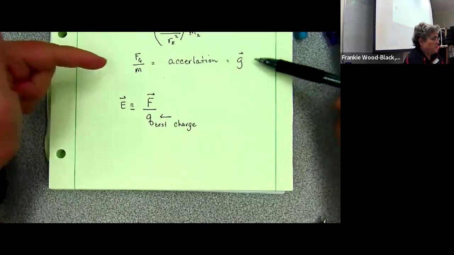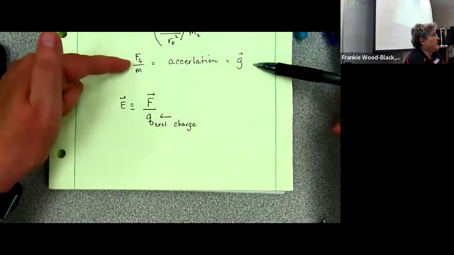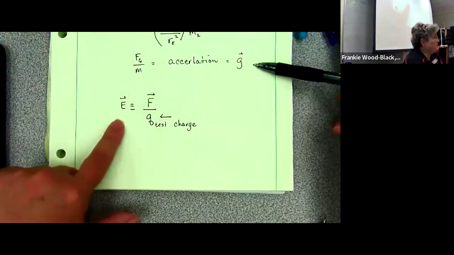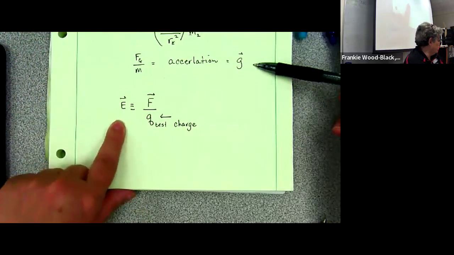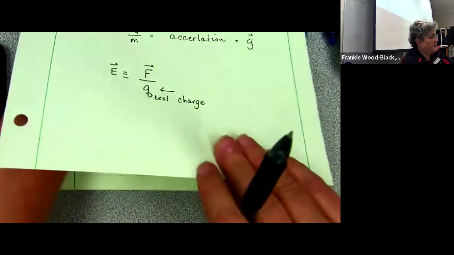And just like what we saw back in mechanics, the force and acceleration are along the same lines. So I'm going to define this thing called an electric field. Now, what that means is,